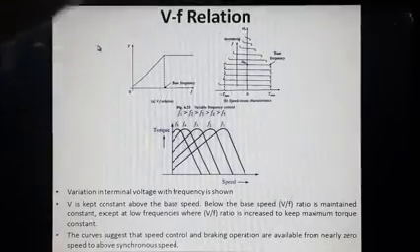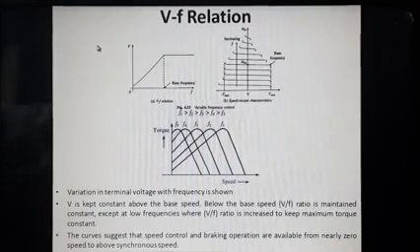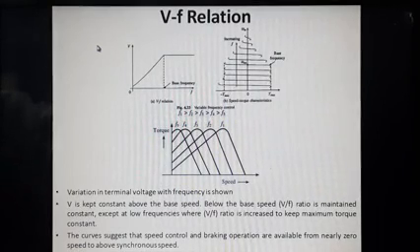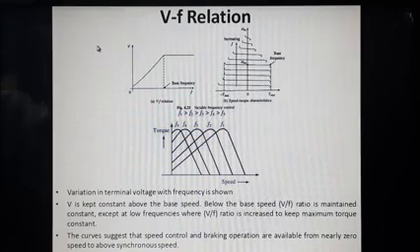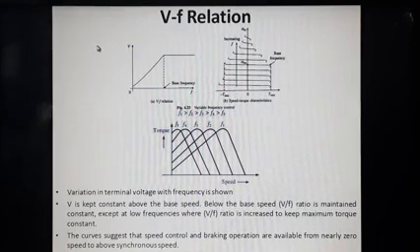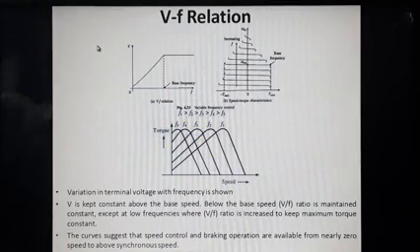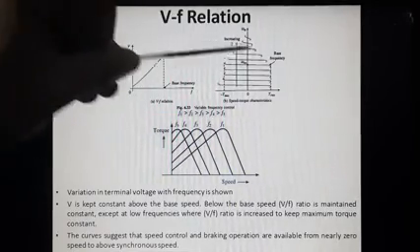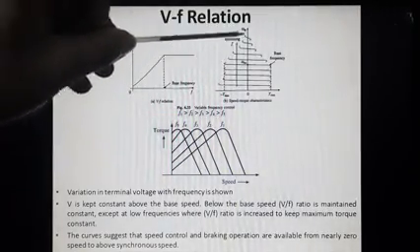As more and more the frequency is getting increased, the more and more the V by F term is getting reduced, because V is maintained as a constant. So when you keep on increasing the value of frequency, the V by F term will keep on decreasing. So in effect, the Tmax relation is directly proportional to V by F square. So Tmax value is also getting reduced.